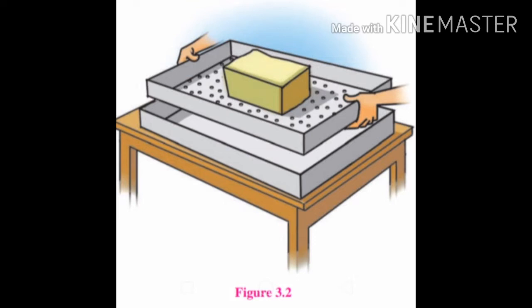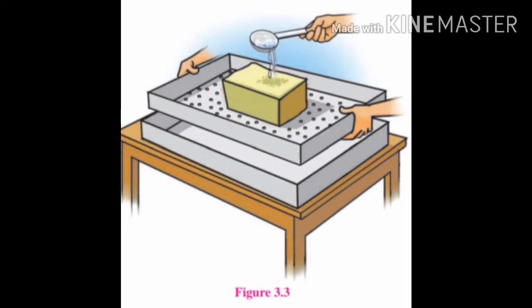Take a piece of sponge and on the flat part of the tray make holes with the help of nails. Keep the sponge on the center of the tray or colander. Make sure there is no water in the sponge and start pouring water on the sponge with the help of a big spoon. And note down how many spoons of water have been poured.